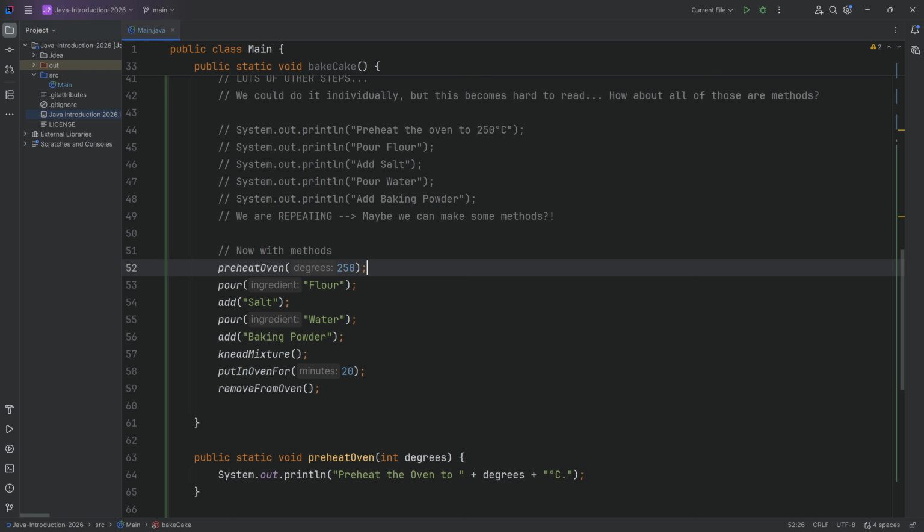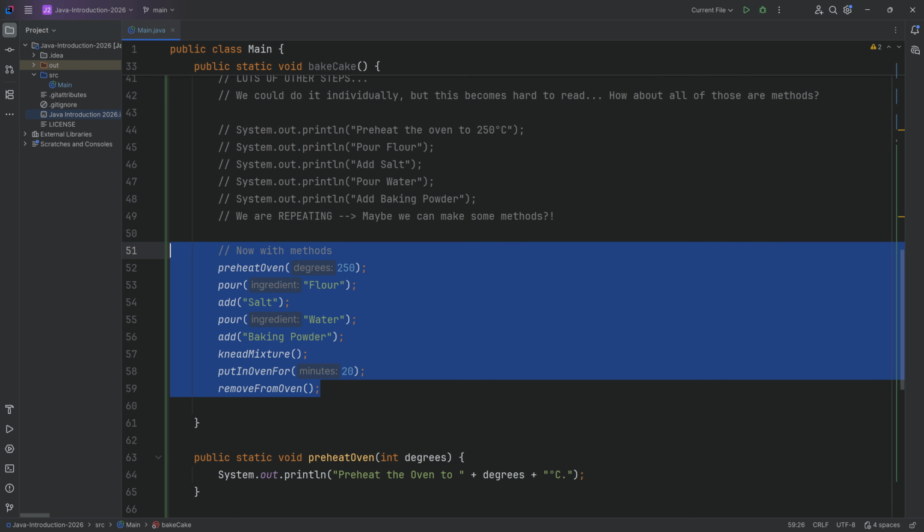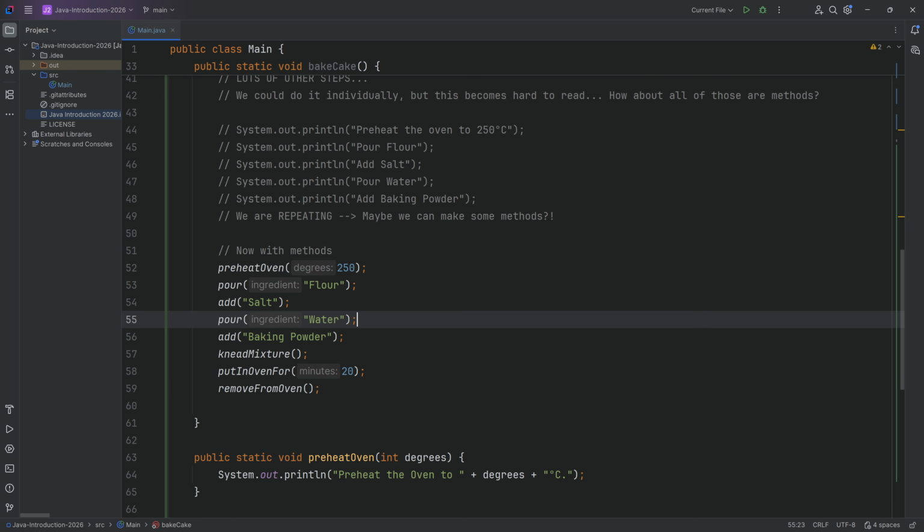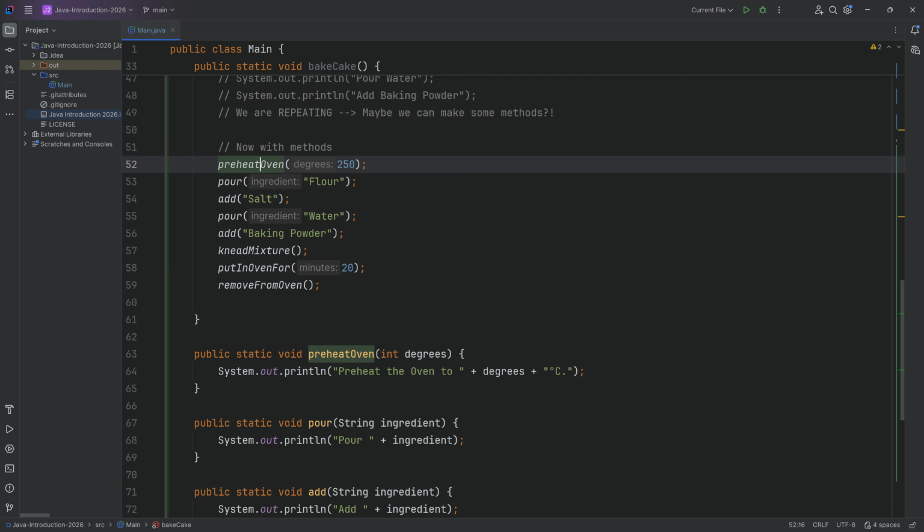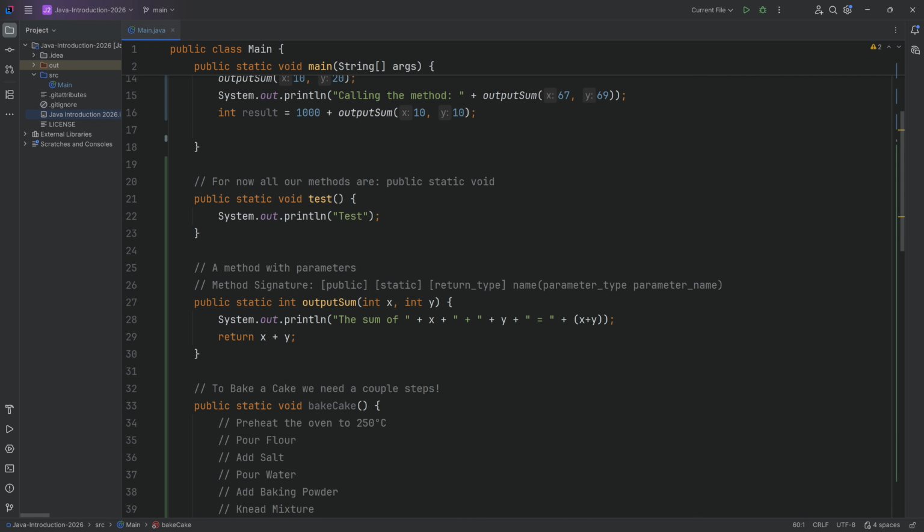Not only is this way more readable, so this is one of the effects that methods have. Obviously, it's also just way nicer to read, and it's not as much, right? Maybe, like I said, preheating the oven actually needs you to walk towards the oven, and find the knob of the oven and things like that, right? So right now, we're still a little bit limited in that we just output things, right? But hopefully it makes sense to you what happened here, where we said